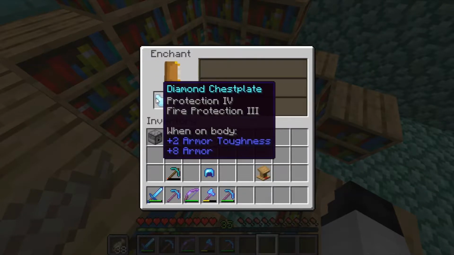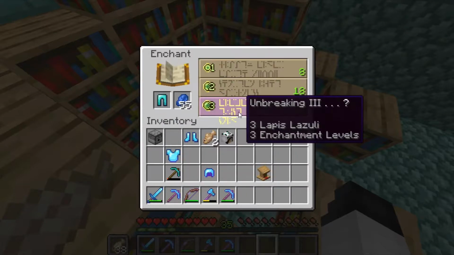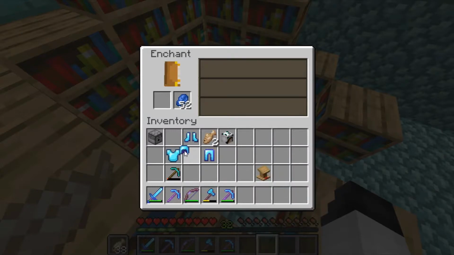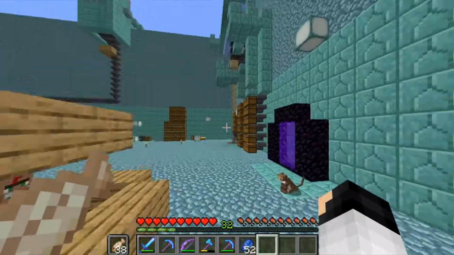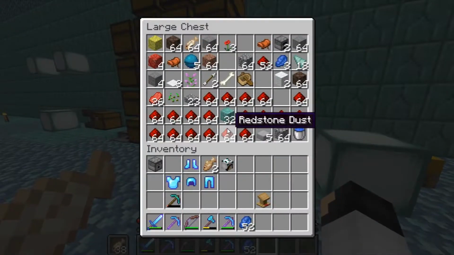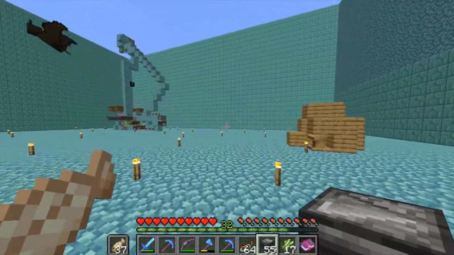Am I a joke to you? Prot 4. Am I a joke to you? That is the worst enchantment session I've ever had. Am I a joke to you? After being completely disappointed by those